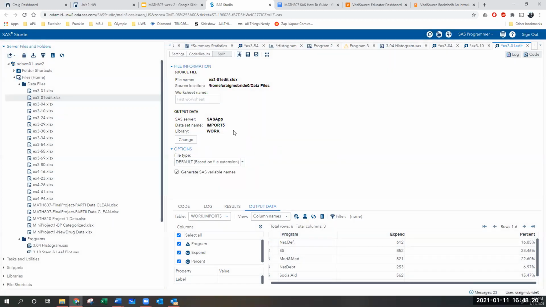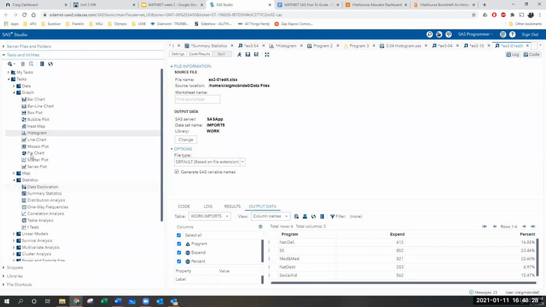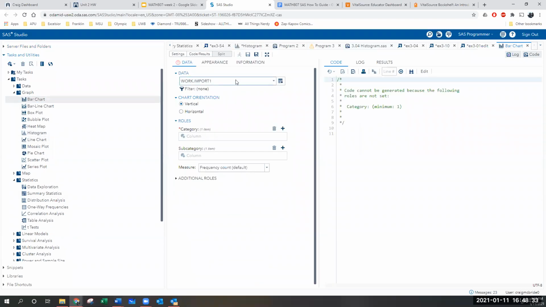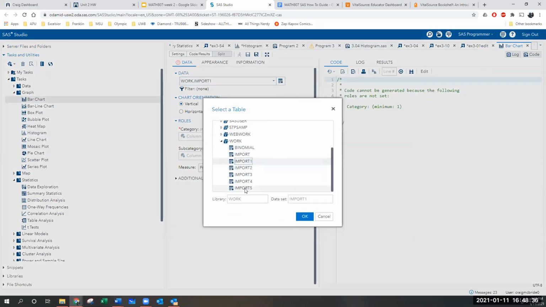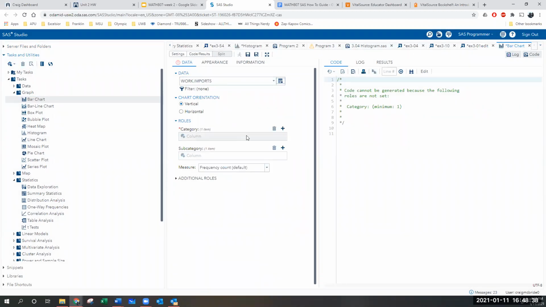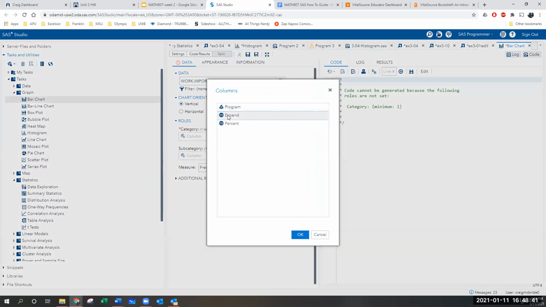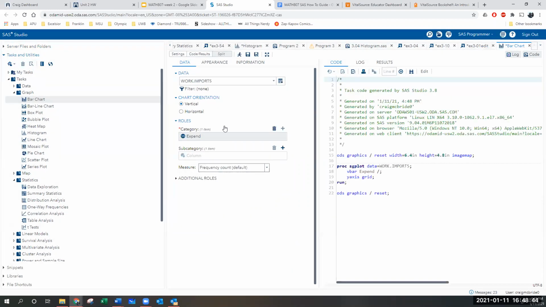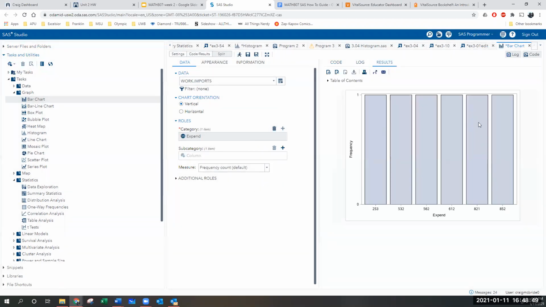All right, I already ran it. So it's in number 5, and part C is to do a bar chart. So we go to tasks and we go to bar chart, and we want to run this on number 5, on the expenditures, and let's just see what that looks like. Wow, right? Because when it looks at the expenditure data, each one of these numbers came out once, and we don't want it on expenditures. That's not useful. We want it on